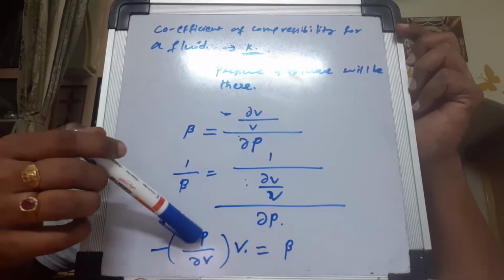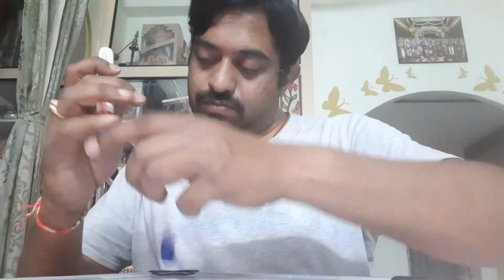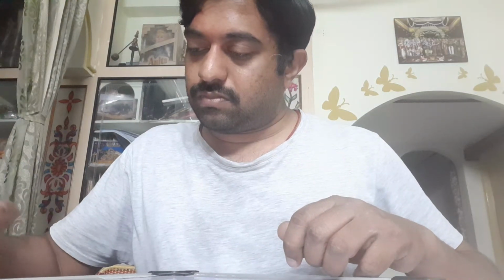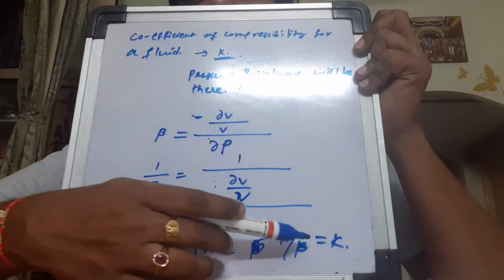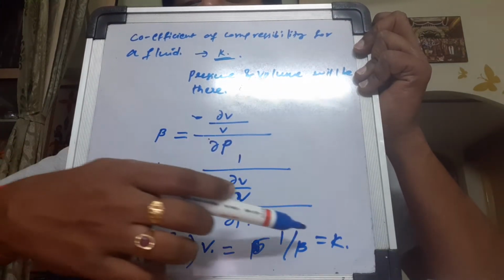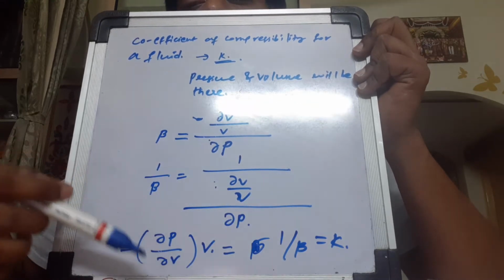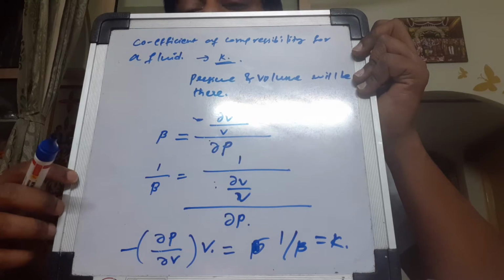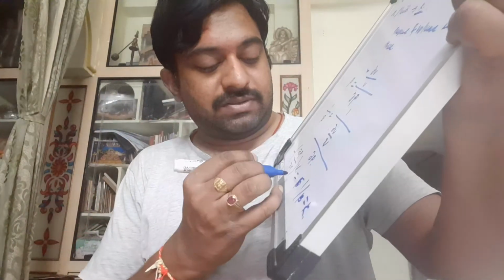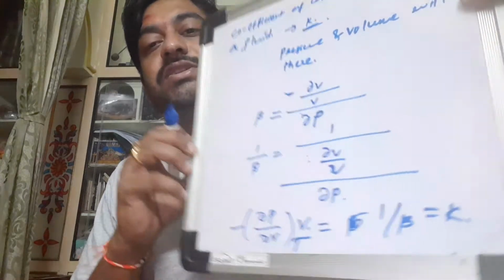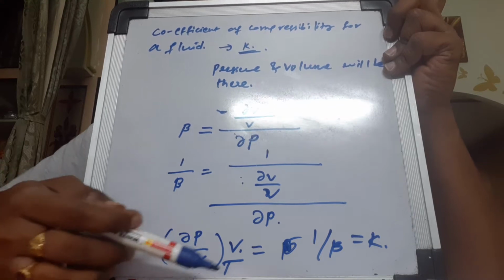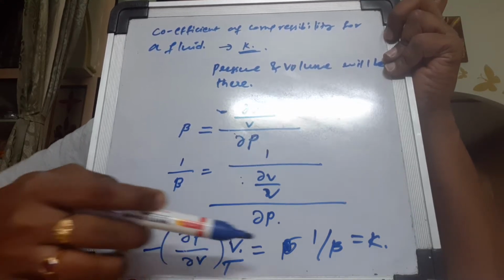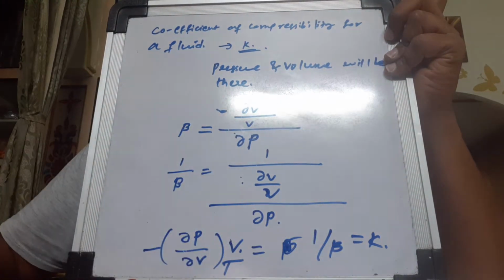Okay, so this is the coefficient of thermal, this one, thermal expansion. This is called K. So what we require is the coefficient of isothermal expansion K, right? So dou p by dou v into v. Because it is at constant temperature, this derivative is written with constant T. Dou p by dou v, the change in pressure with respect to volume at constant temperature, into specific volume. This is the definition of the coefficient of thermal expansion.